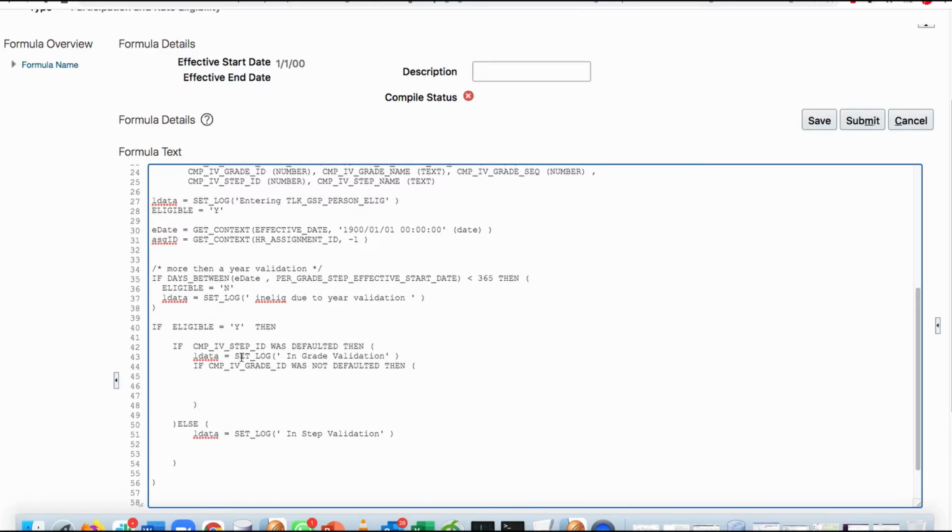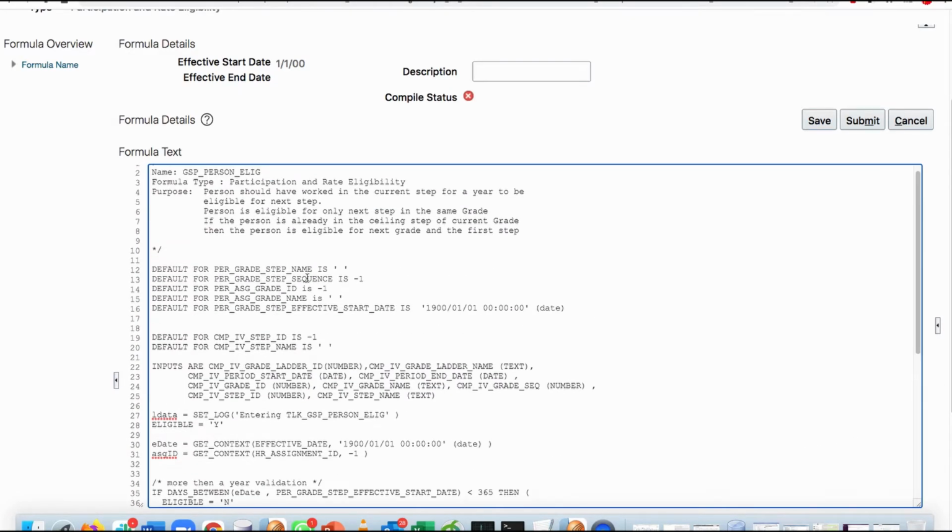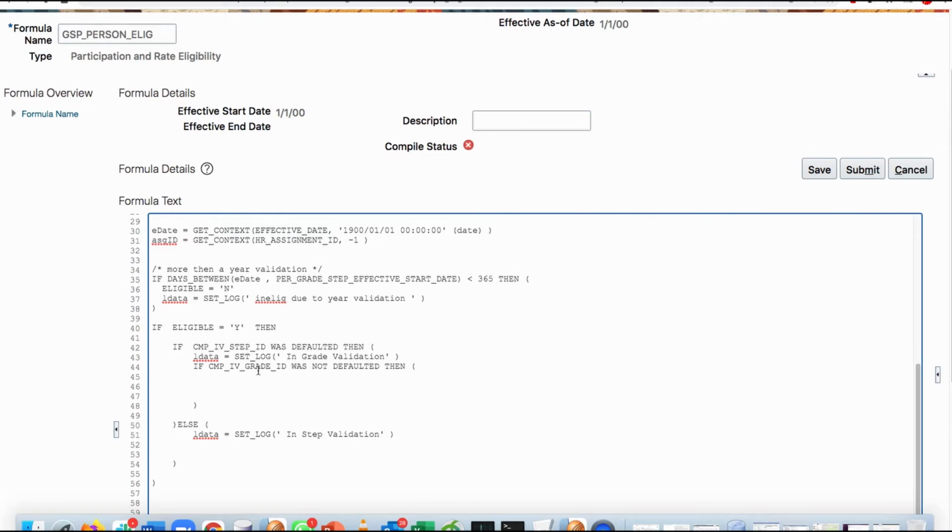No, sorry, per assignment ID. Sorry, what I'm doing is wrong. Per assignment grade ID is not defaulted. So now we are going to call a fast formula. The ID was not defaulted, but the assignment grade was not defaulted. So basically the per assignment grade is there in the DBI. So now what we are going to do here is,